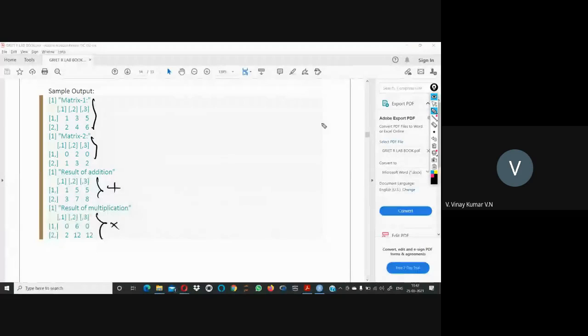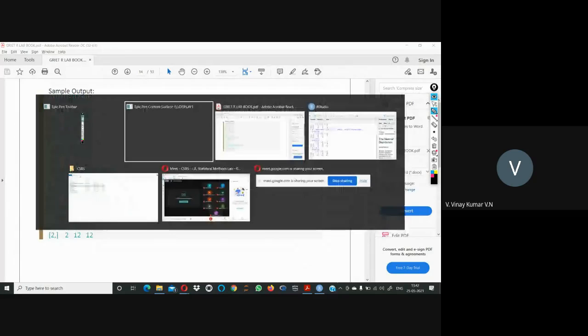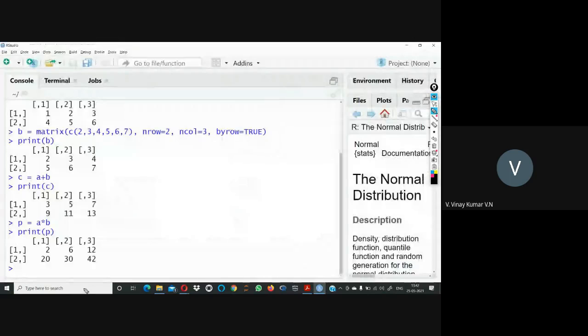Any doubts? It is not like C programming, where this row should be multiplied with that column. First, we check the condition whether the number of rows is equal to the number of columns or not. All those things we use to check. Even if you see here, we are not doing all those things, but still, if we define another matrix, let us see. I'm defining another matrix C. So C is a matrix. I'll take matrices here.